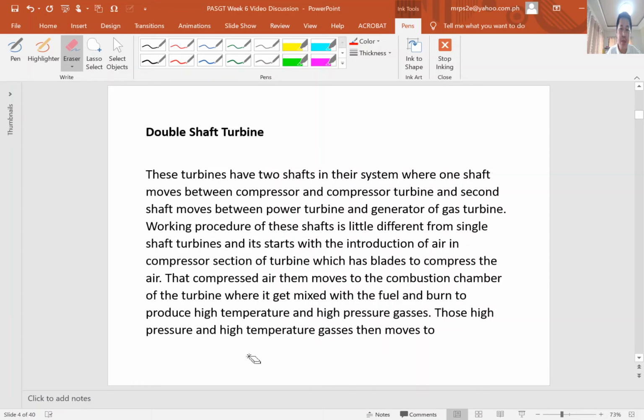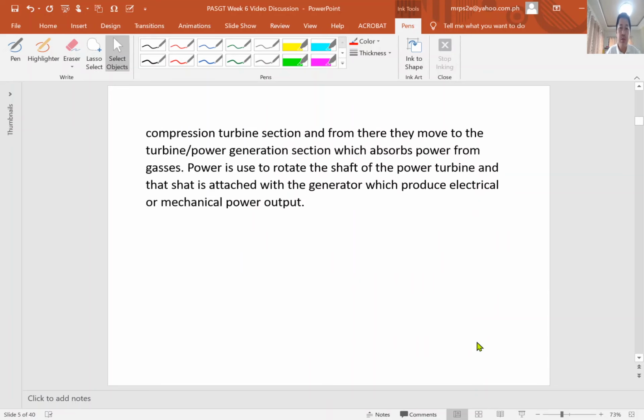Those high pressure and high temperature gases then move to the compression turbine section, and from there they move to the turbine power generation section, which absorbs power